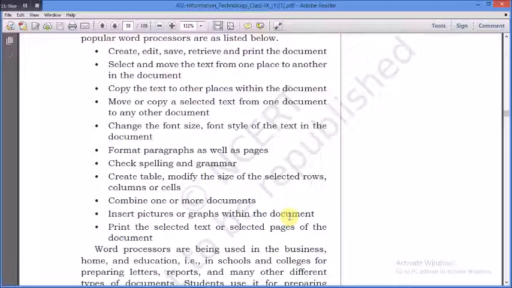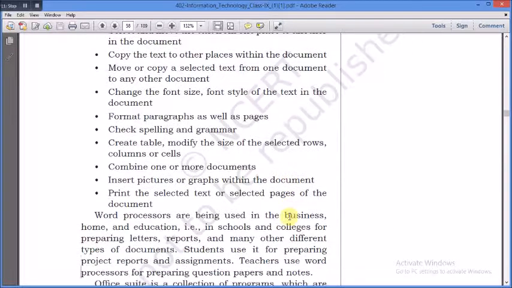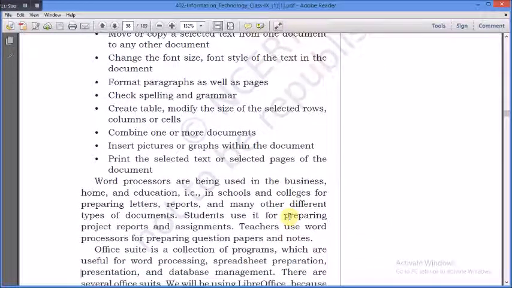Word processors are used in business, home, education, in schools and colleges for preparing letters, reports and many other types of documents. So nowadays word processing software is used widely in government offices, private offices or any organization, and nowadays widely in our homes also. Students use it for preparing project reports, assignments.